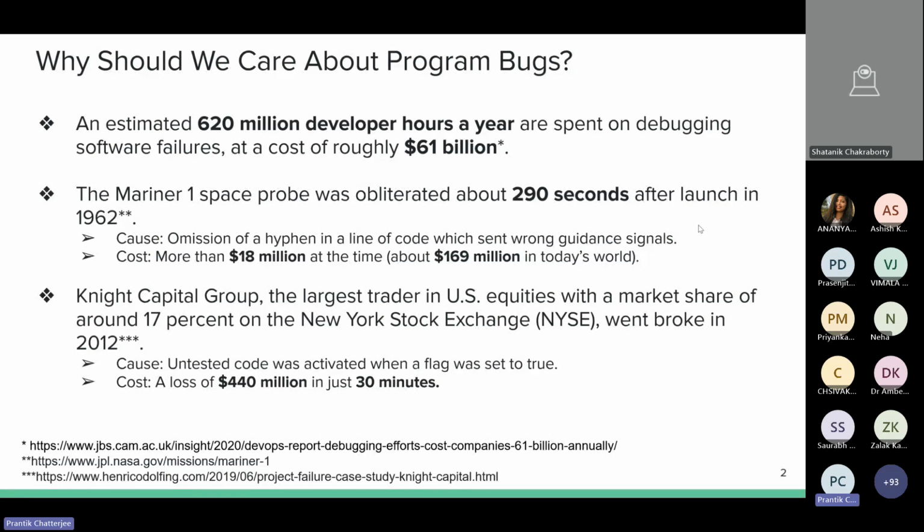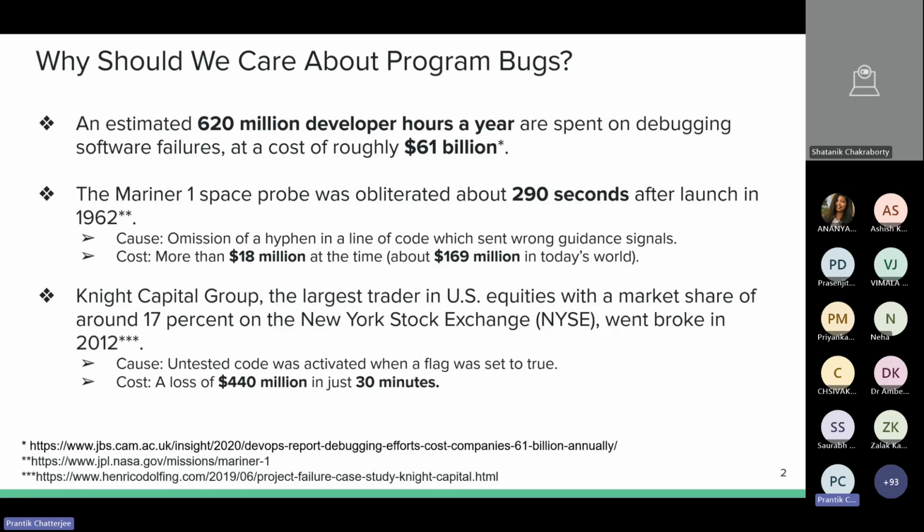In another more recent example, in 2012, there was a company called Knight Capital Group. It was the largest trader in US securities at that time, with a market share of around 17% on the New York Stock Exchange. In their recently developed software, they had a piece of code protected by a flag.